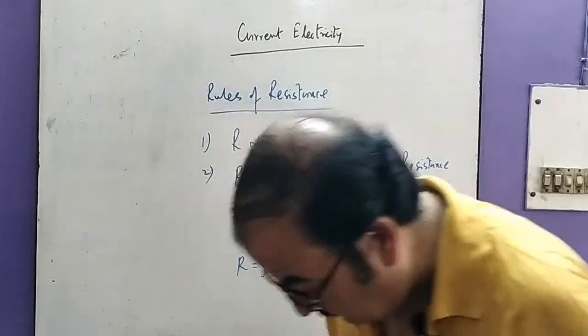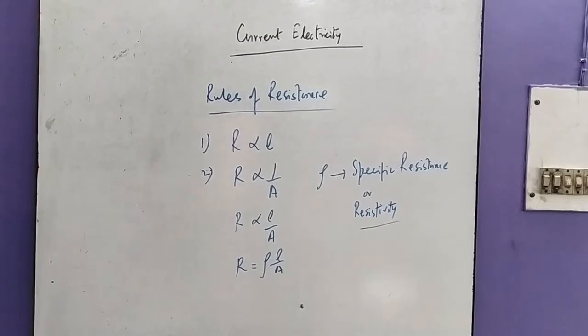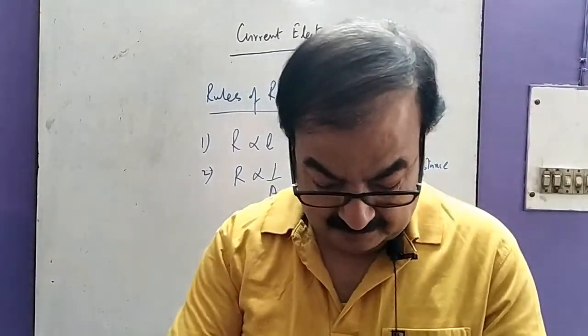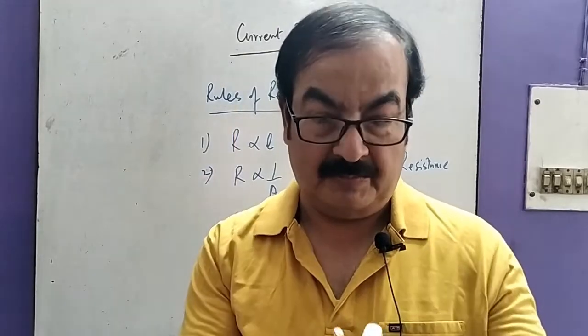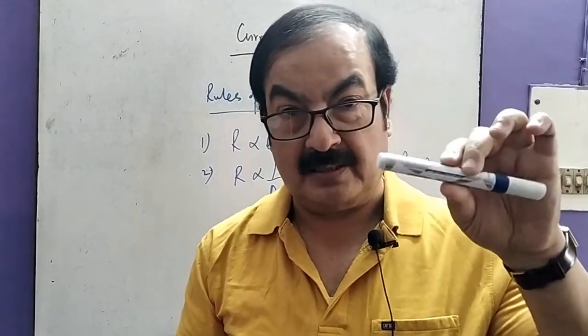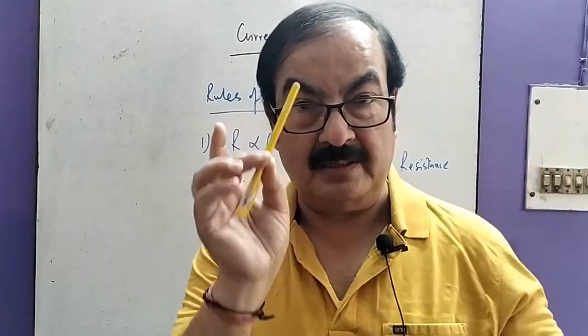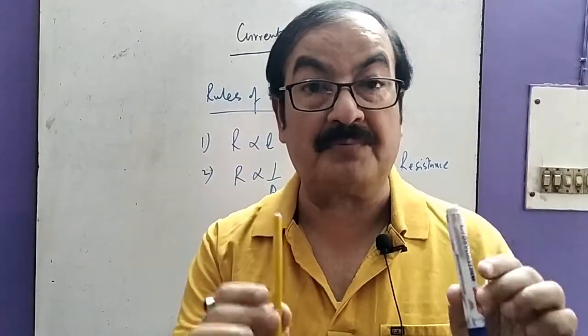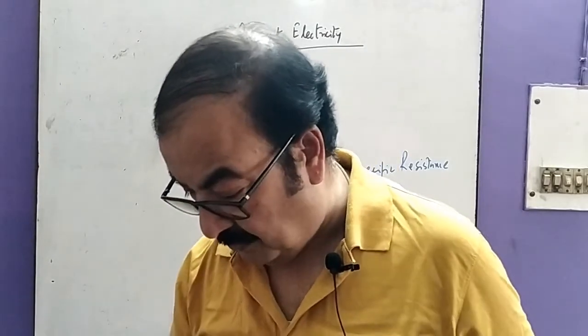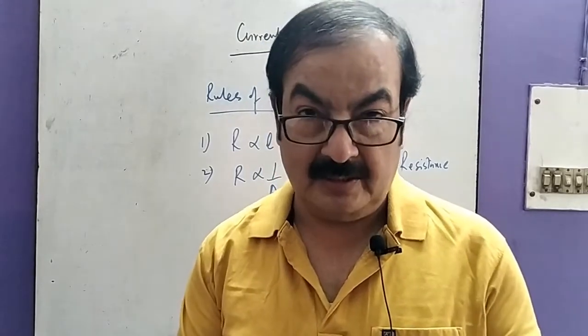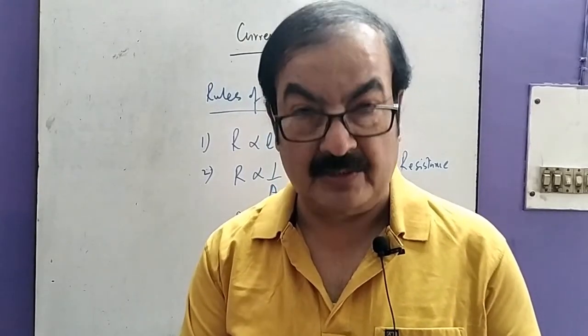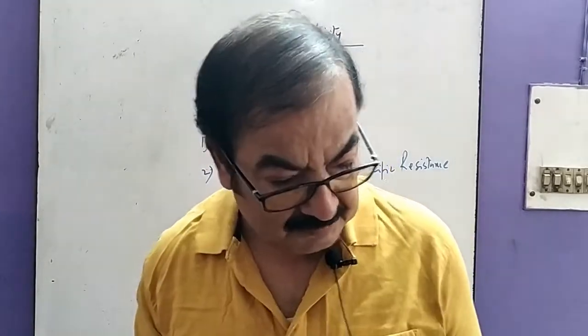if I say what is the length of this, it is very simple. Suppose length of this is around 15 centimeters, also around 15 centimeters, but its resistance is less than this one if they are considered to be made up of the same material. But if they are of equal length and their cross-sectional area is also equal, then they will have equal resistance. Let us see.